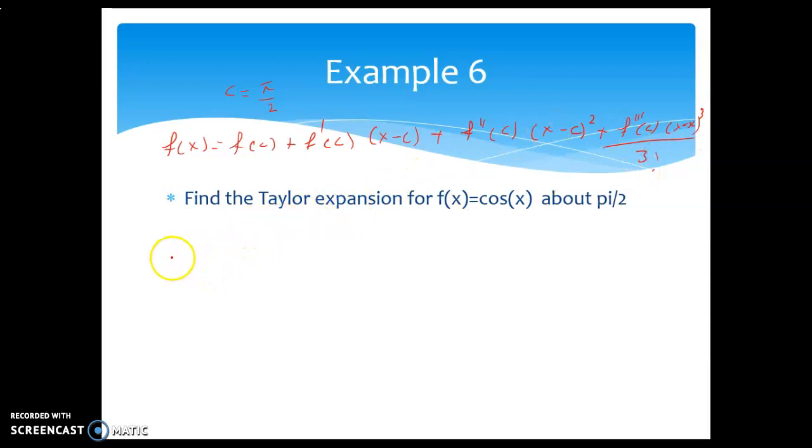So here f of x is going to be cosine of x, and then f prime of x will be negative sine of x, and then f double prime of x is going to be